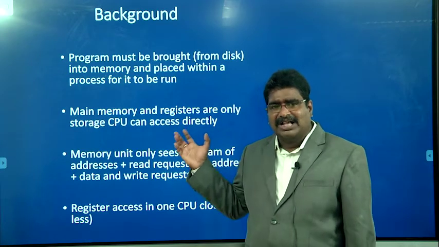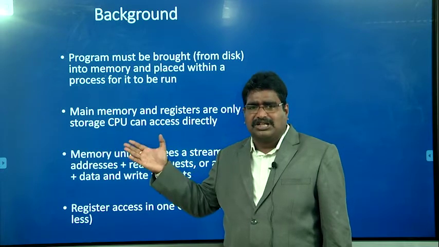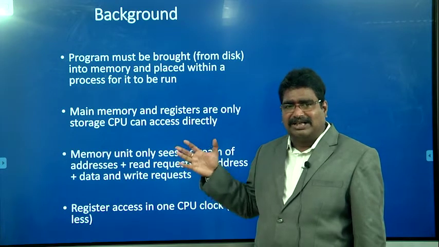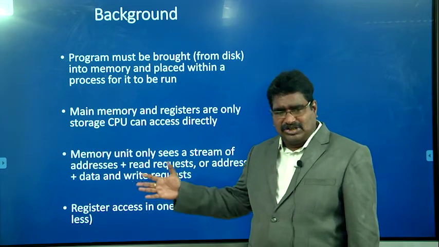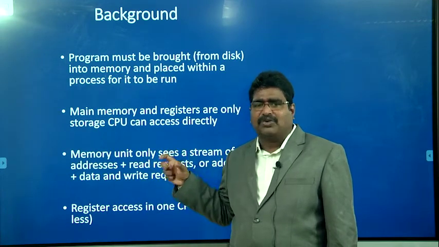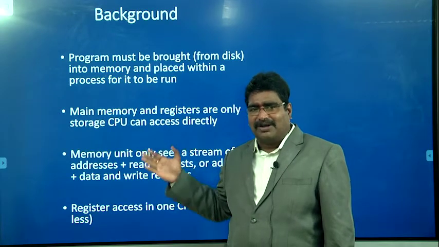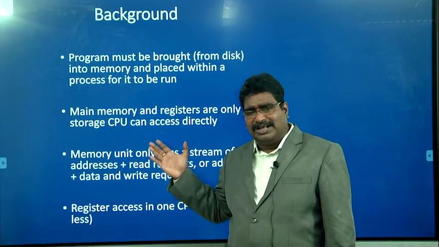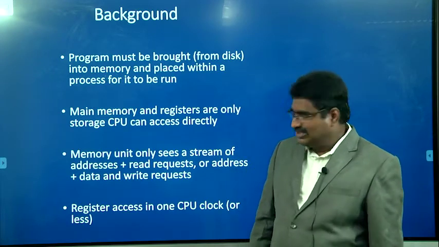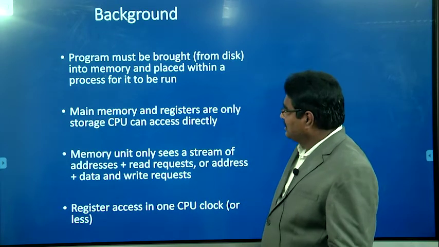So I hope you understand that the processor is able to directly access the registers, and similarly the processor is able to access the cache memory and the primary memory. But the actual data and programs are stored permanently on the secondary memory. At the time of execution, whatever programs and data are required for a particular process are brought from the secondary memory to the primary memory, and after completion of the operation, the entire program and its related data need to be stored back to the secondary memory for future purposes. I hope you understand the background of memory management.